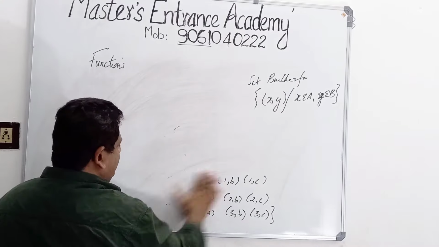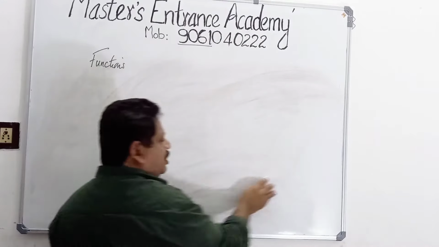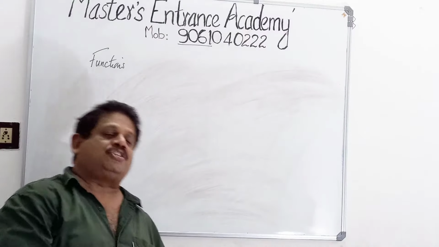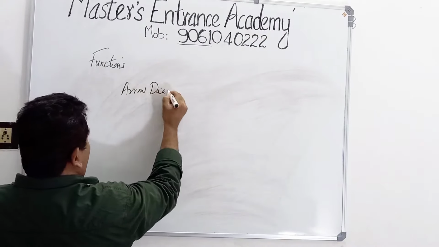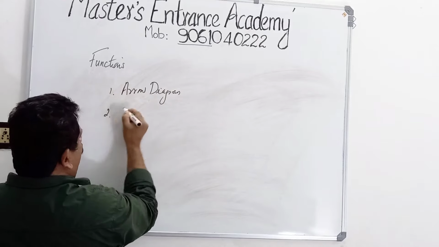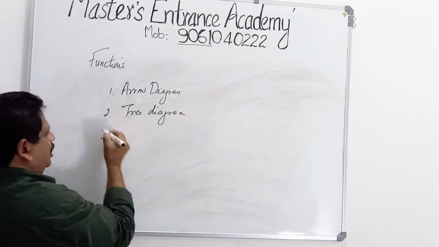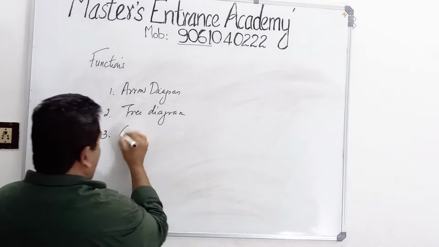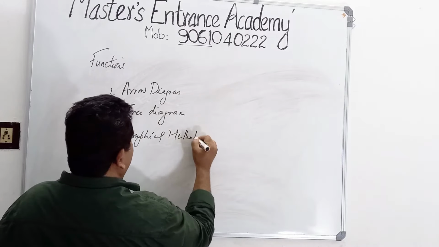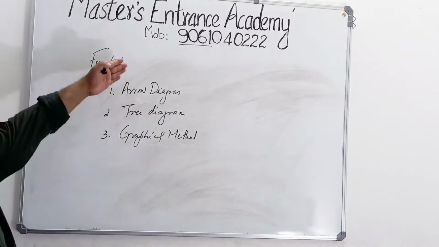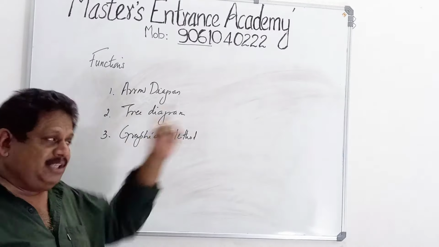It's very important for you that the representation of the Cartesian product can also be done in these forms: first, the arrow diagram; second, the tree diagram; and the third, the graphical method. Apart from this arrow, tree and graphical, you would have come across some of these, but one thing, the arrow